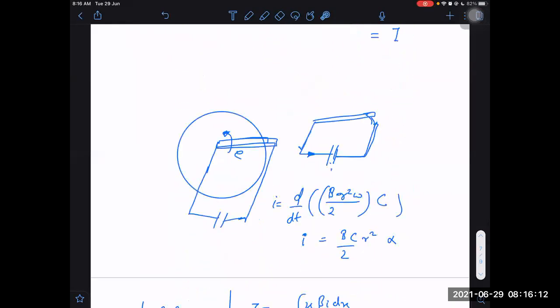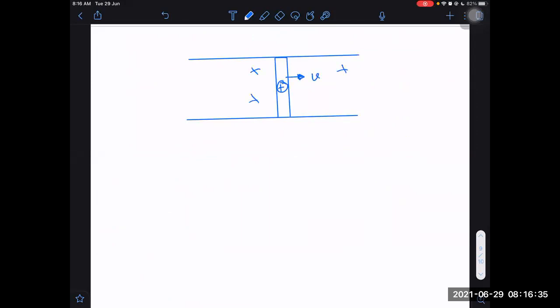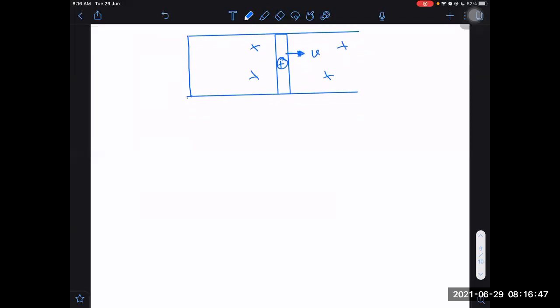Right. Actually, there's a detailed analysis we can undergo. Let me see if I can do that. If I take, let's say, a wire, and assume the wire to be like a tube, and in that wire I'm assuming a positive charge ball, and I'm moving that frictionless tube in the horizontal direction with velocity v, and there's a magnetic field into the plane of the paper. Now, what happens as a result of this motion? You know that there will be some magnetic force acting on it or not? In which direction will the magnetic force be acting?